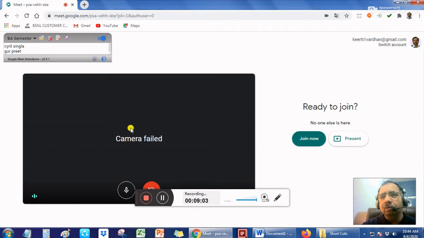And suppose you find the scene is not good to be shared, so you can first make your settings in the camera and arrange your surroundings so they can be shared, and then join now. So there are two steps for this purpose. If you don't want to share your camera in this screen, there are two tabs.